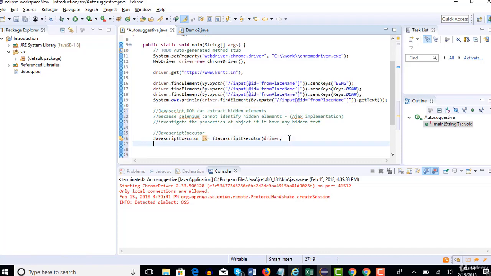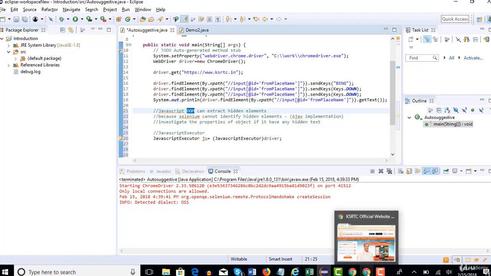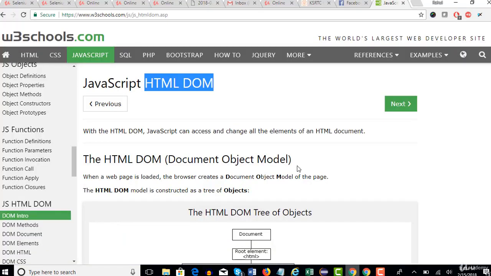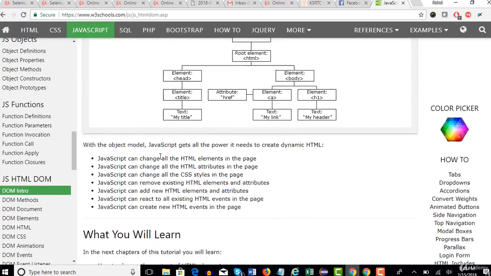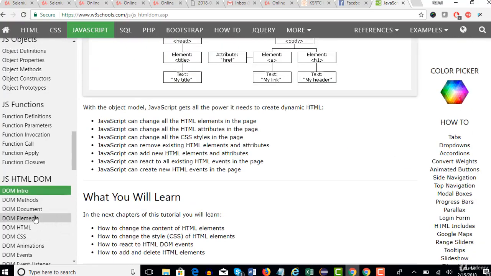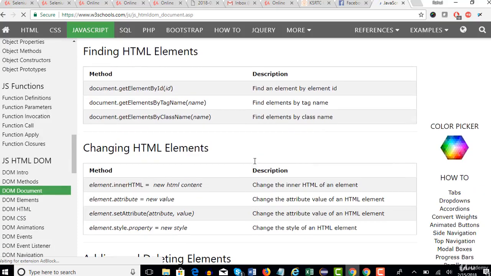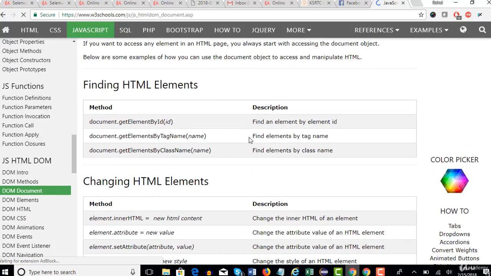So first, what is this DOM and how do you get the hidden element using the Document Object Model? If you go back to the documentation, click on the DOM document and you see these different methods. We generally use driver.findElement by ID, right?